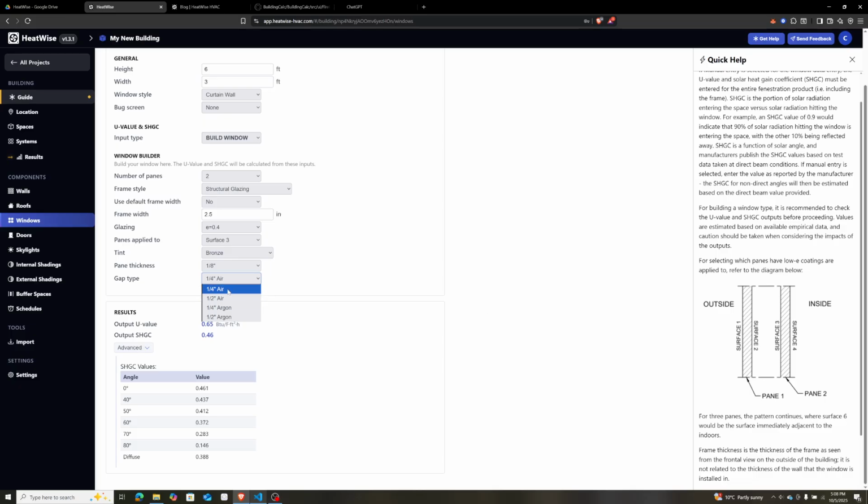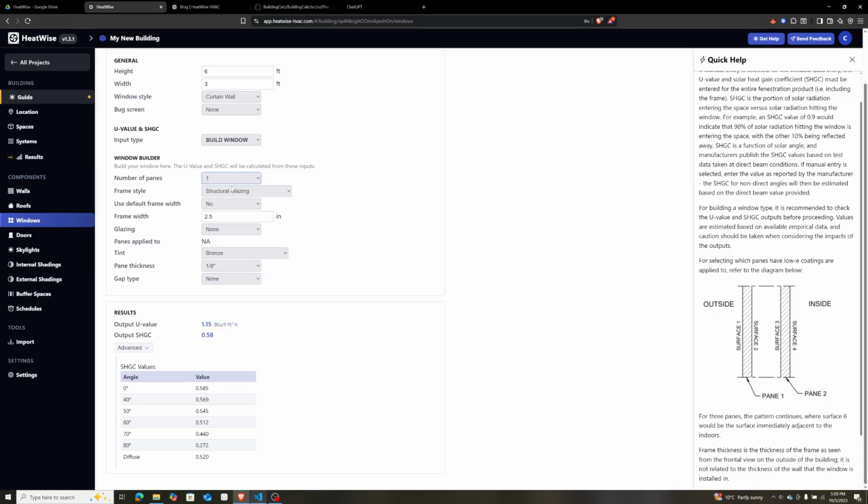You can have a 1/2 inch air, 1/4 inch air, 1/2 inch air, 1/4 inch argon, or 1/2 inch argon. Now, of course, if you changed your number of panes to 1, you can't add any gap. You also can't add any glazing because it's not going to be applied. If you remove this pane too, all you've got is a surface on the inside and on the outside, both of which can be scratched or messed with, so you wouldn't typically have a low E